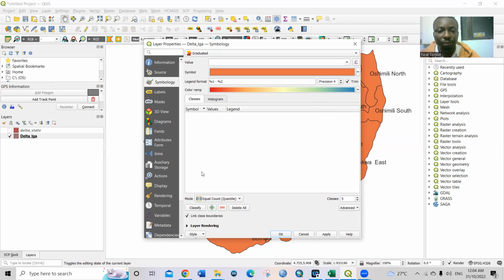The next thing to do is now to bring up the area of land. So you come here and click classify. Click classify. Okay, so you click classify, and then after you click classify, the next thing is